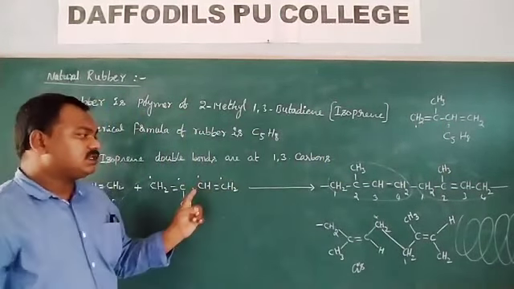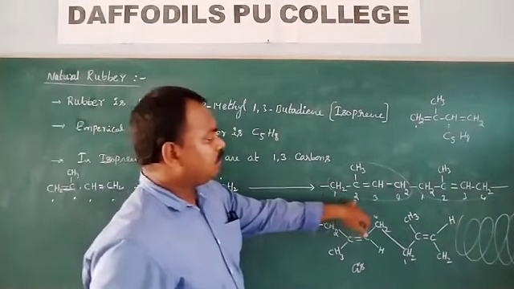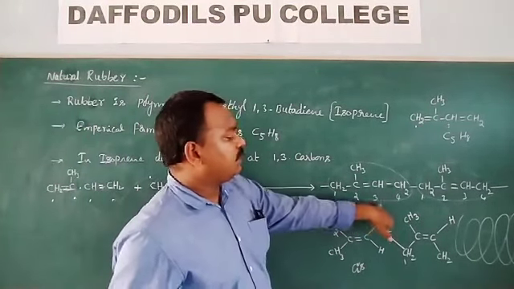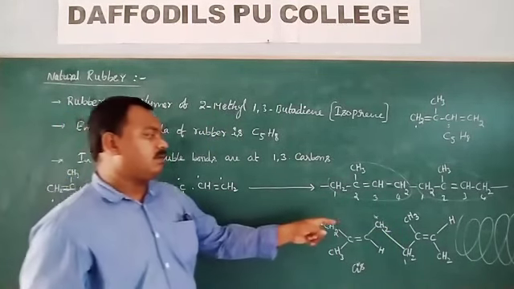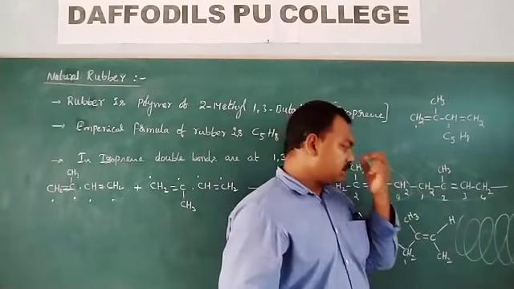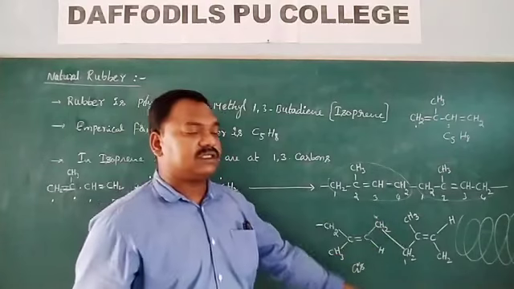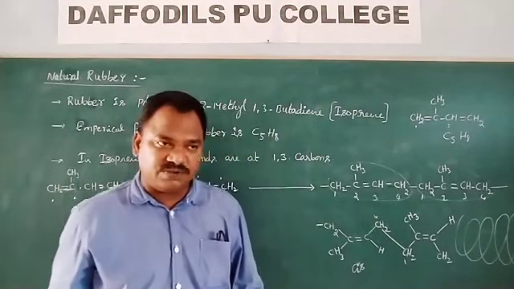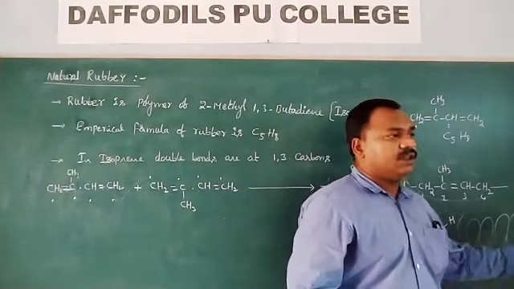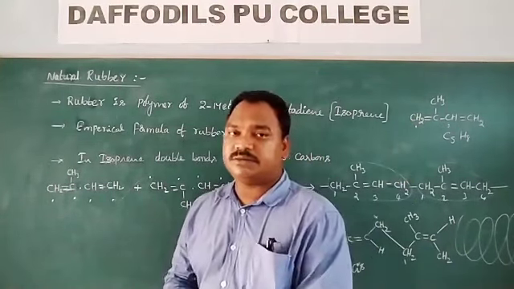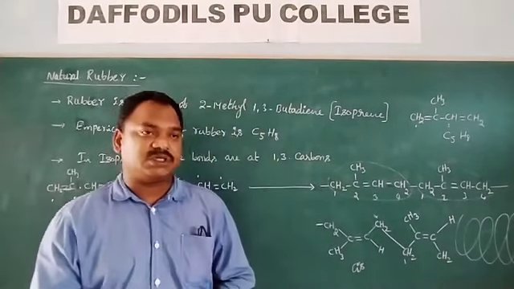When isoprene units undergo polymerization, the double bonds shift to in between 2 and 3 carbon atoms. In rubber, isoprene units are bonded with head and tail linkage, simply 1 and 4 linkage. In rubber, all these isoprene units are in cis configuration. In cis configuration, they come into a coiled form. Trans configuration rubber is also there, which is known as gutta percha.